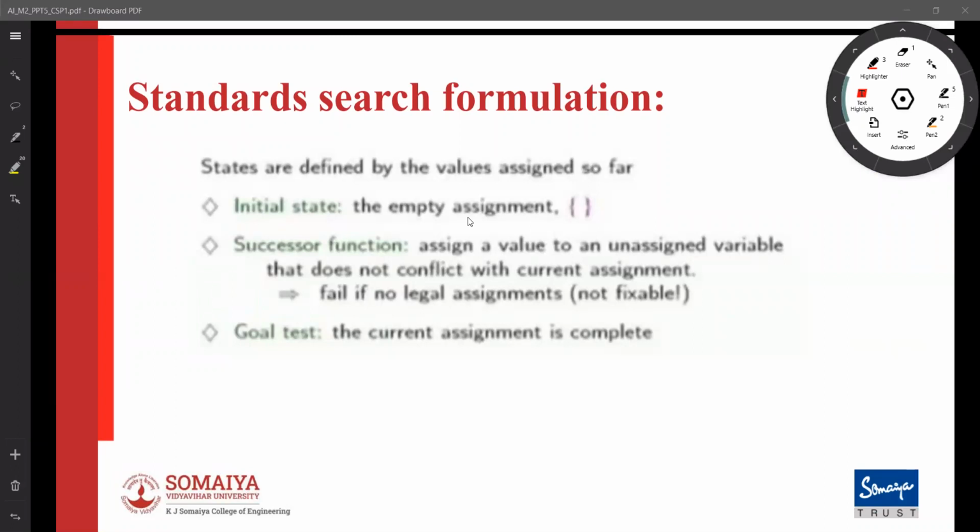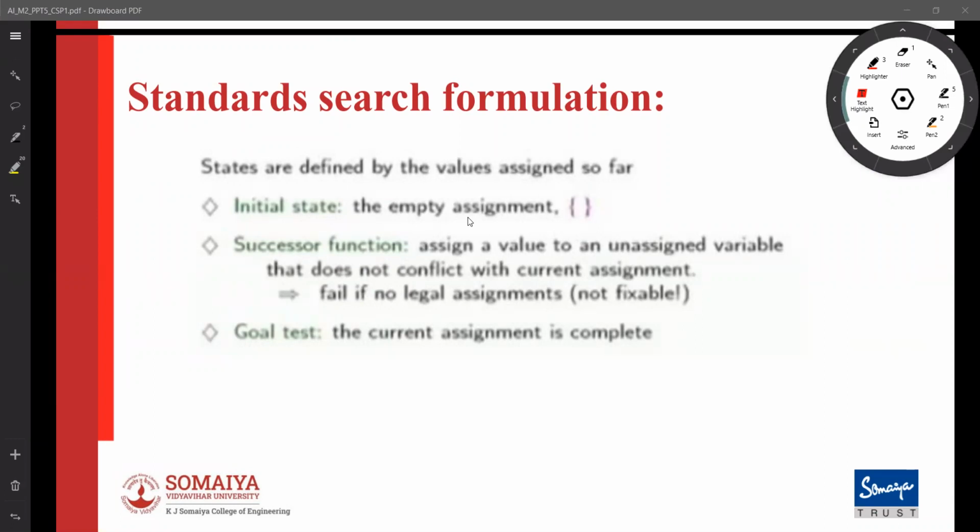So when I solve the problem with a local search, I move in the solution space. But when I'm using a systematic search, I typically work in the partial assignment space, with my initial state being no assignment.